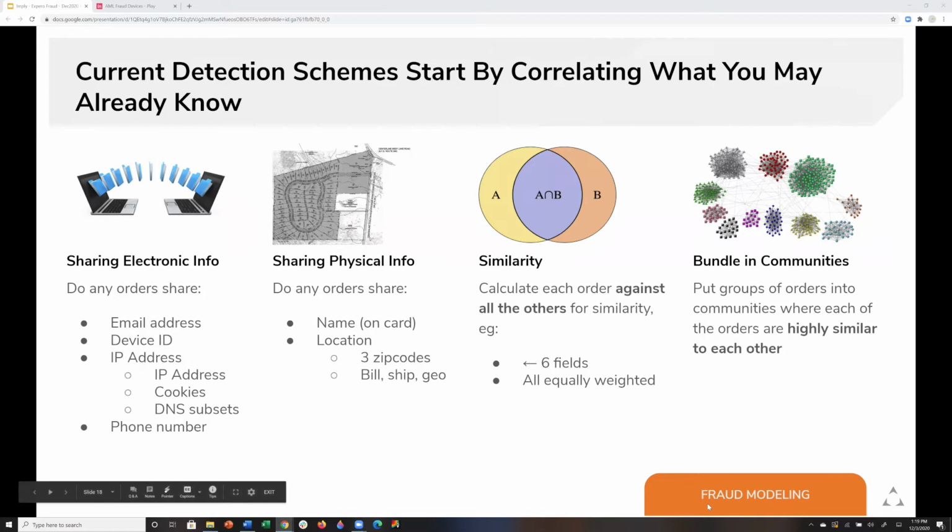Secondly, you have some notions of physical information, either the name of the people, geolocations, other sorts of company names if it's AML, corporate identities, those sorts of things, and then we start getting deeper into the algorithmic side of the house, where we start computing similarity on the data, and then also bundling into communities. On the next slide,